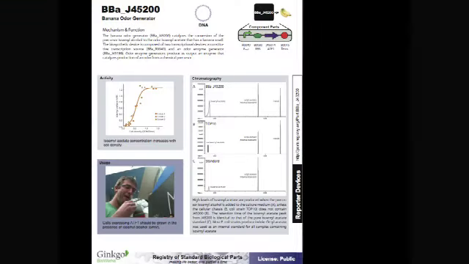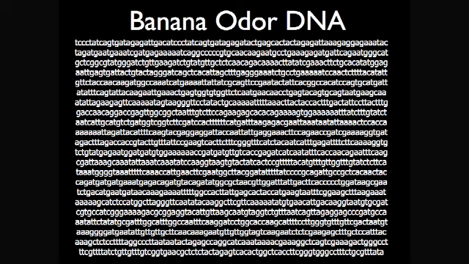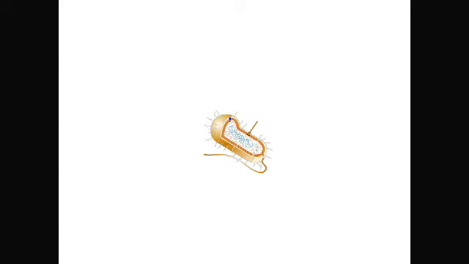Huh. What other sorts of things can you find in this collection? Here's BBA J45200. Again, this number doesn't mean much. This turns out to be a banana odor generator. What would you use that for? Here's the DNA. You put this DNA into a cell, and the cell makes a chemical, isoamyl acetate, that smells